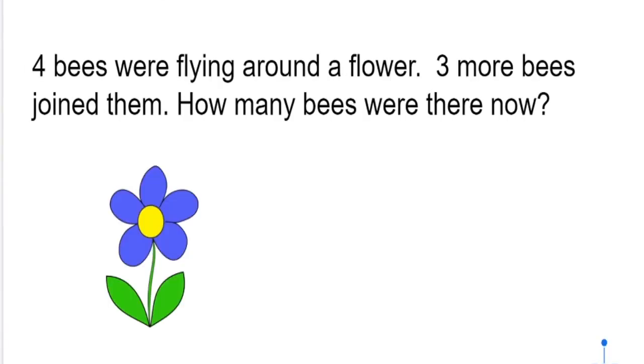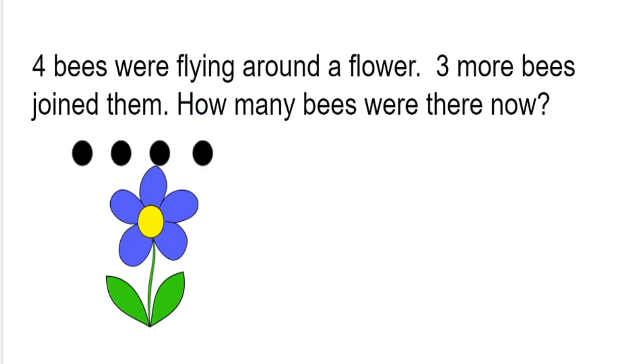Okay, let's look at the bee problem. Same way. We're not going to draw bees, we're just going to use dots. It said 4 bees were flying around the flower. 3 more bees joined them. How many bees were there now? So we had 4 bees that started out. 1, 2, 3, 4 bees